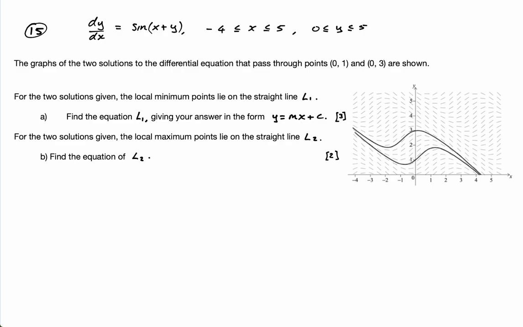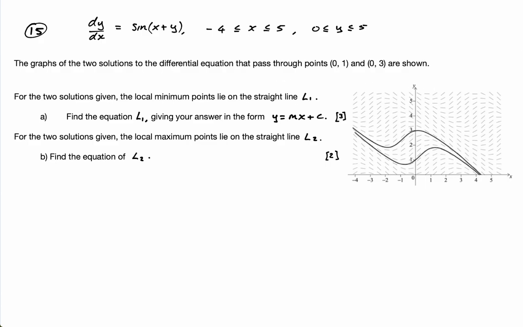Okay, question 15. We're given a differential equation, dy/dx equals sine of x plus y. And we're given the slope field for the differential equation, and we're given two solutions. So these are the graphs of two solutions of the differential equation. Then it says for the two solutions given, the local minimum points lie on the straight line